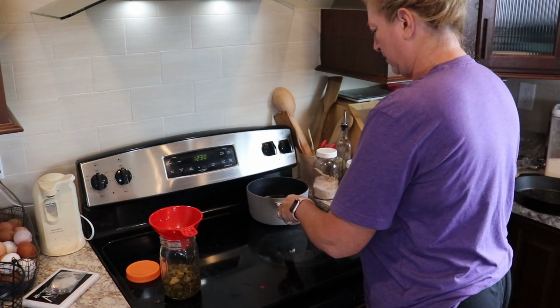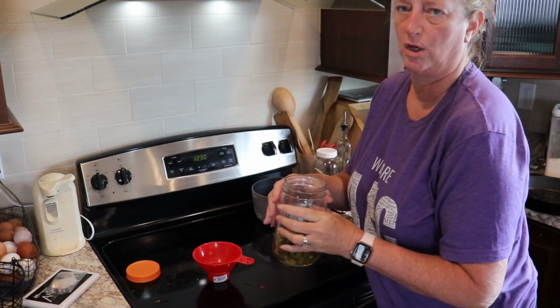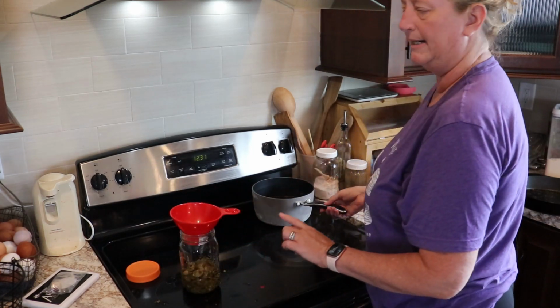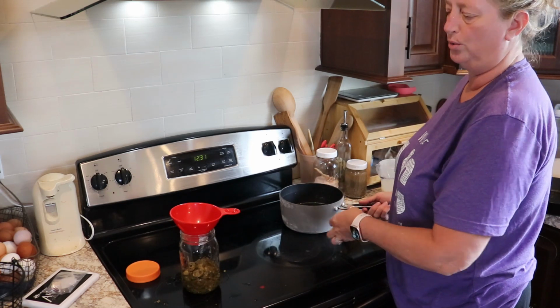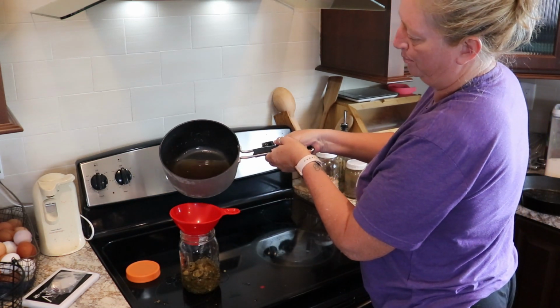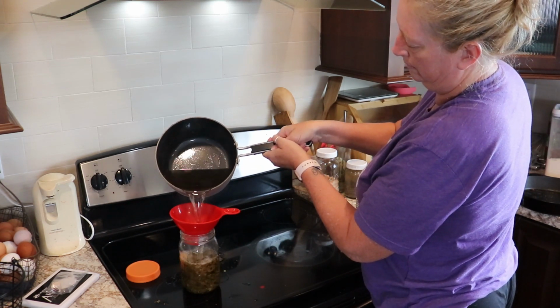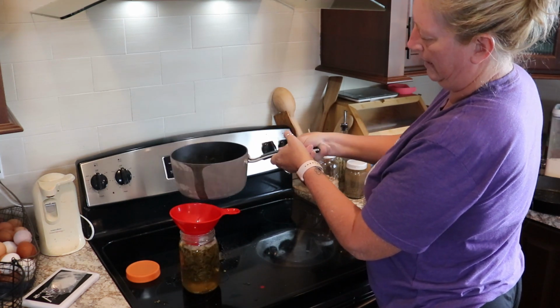All right, so I'm actually going to just warm up my jar a little bit under hot water. All right, so the reason that I did that is because if you pour hot liquid into a cold or cool glass container, that glass can break. Oops, I'm making a mess. All right,